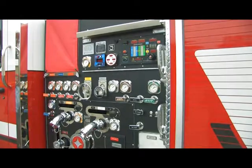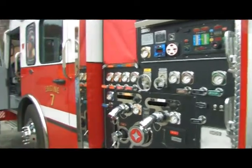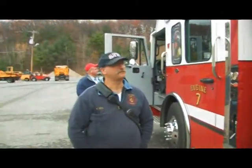So this is a 15-year vehicle, at least. Hopefully we get more out of it. But it is a 15-year vehicle. But this is now going to be our primary engine, correct? Right. So people will see this as the first engine out